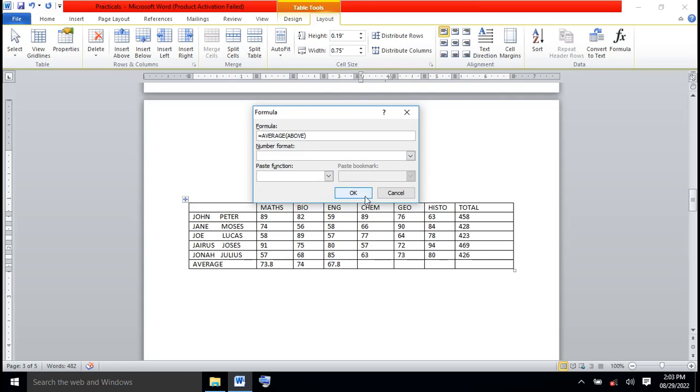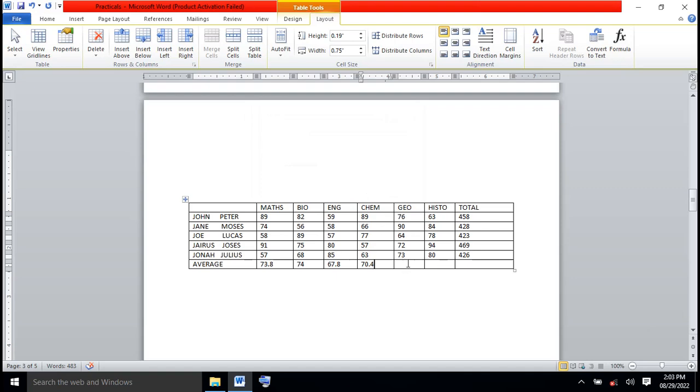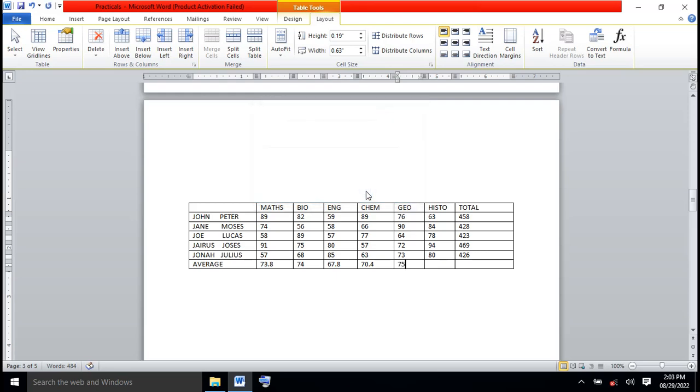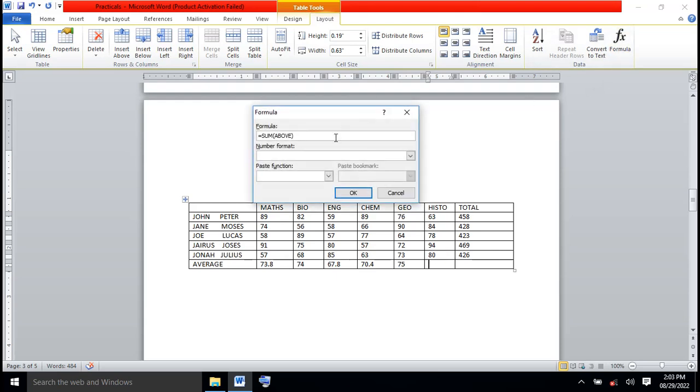Great, click OK. You go to geography, you click the formula. Let's delete this. You click here and pick the function, and then you just type above, and then you click OK. Great. You go here, the final one, you go to formula, you